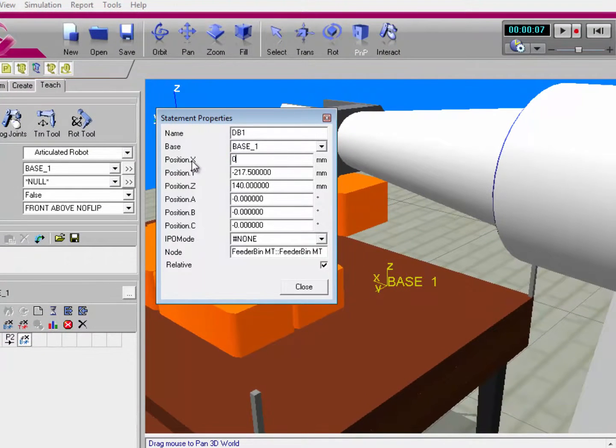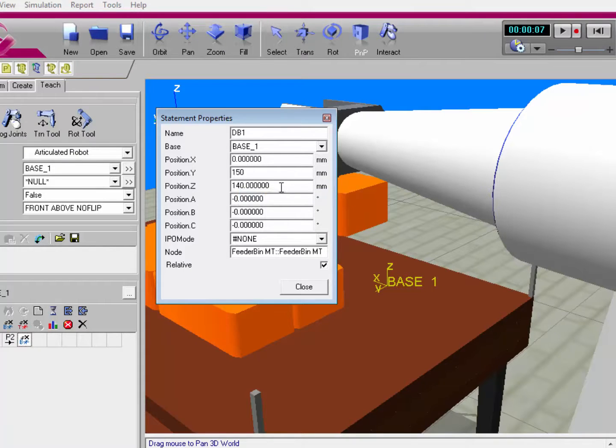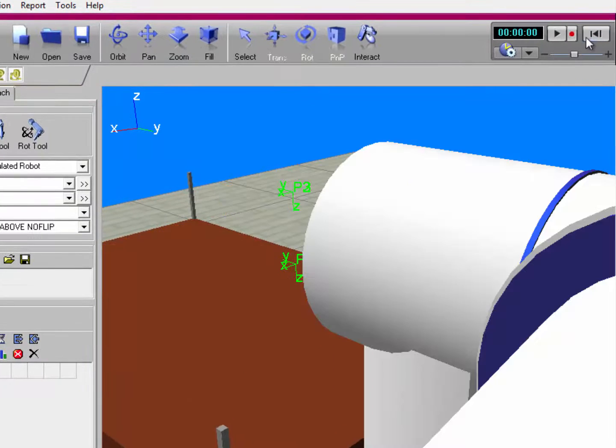I'm not going to change the x-axis. I'll clear the position y field, and now I'll right-click to use that y distance I just took from the measurement of 150. Zero out z. Alright, so now I click Close, I reset the simulation,